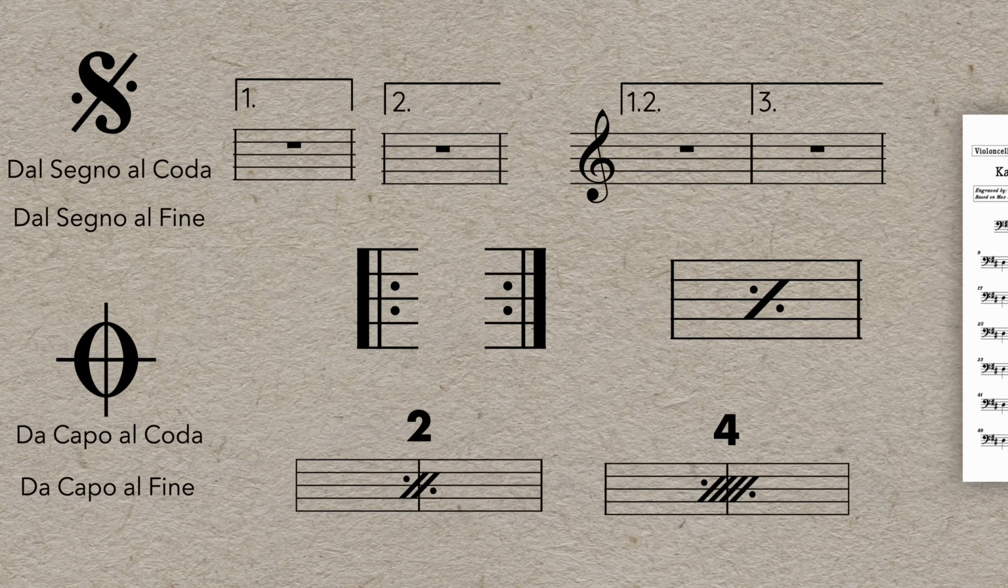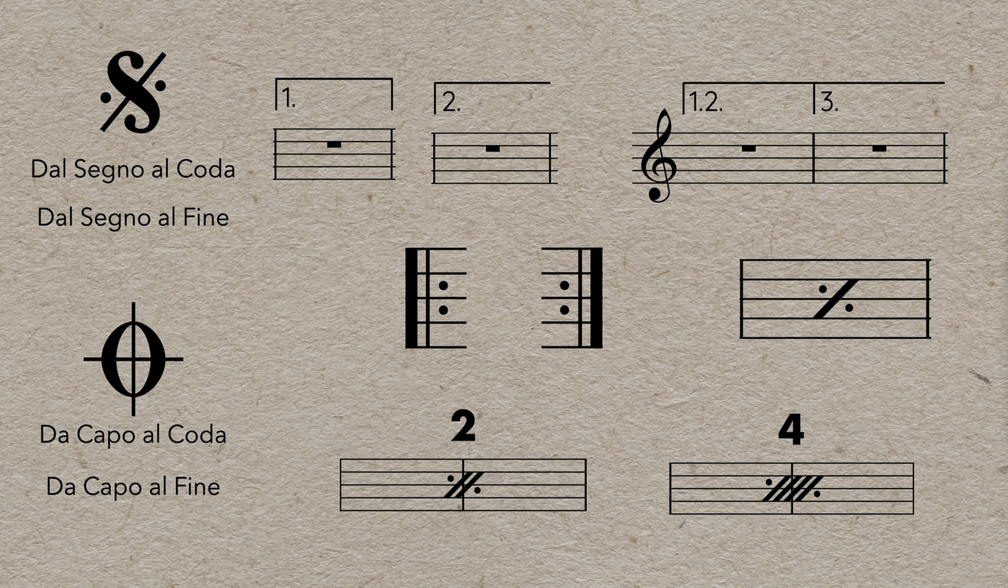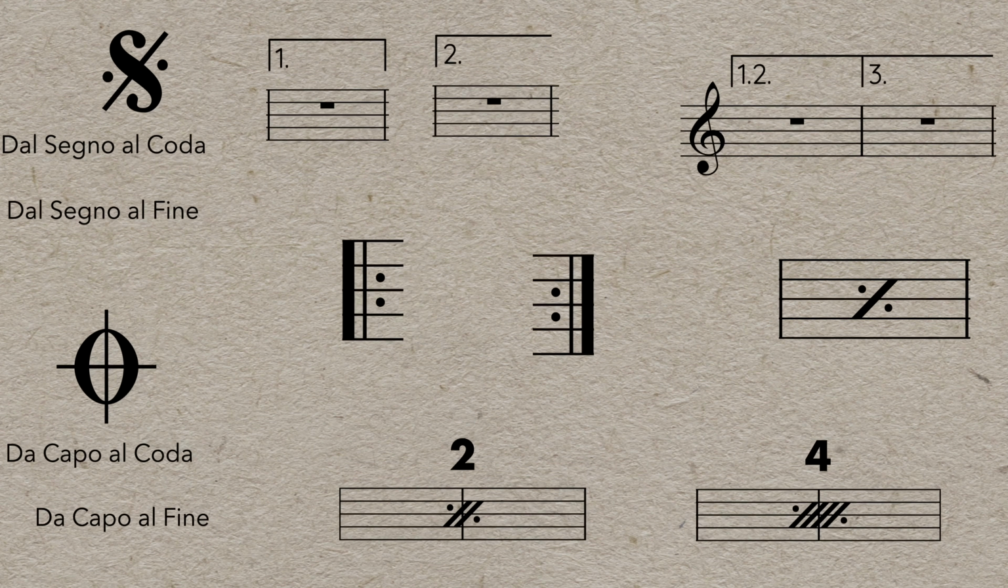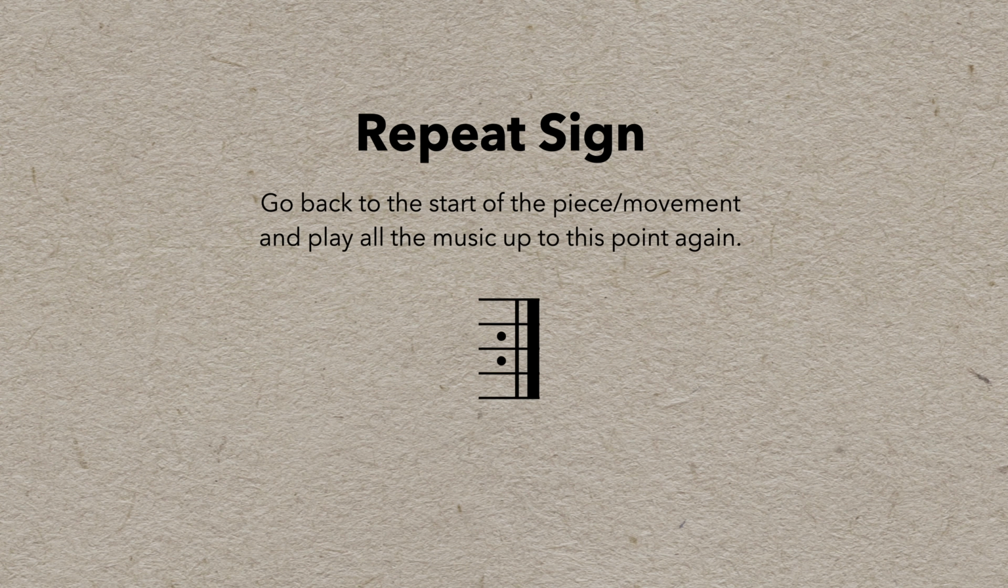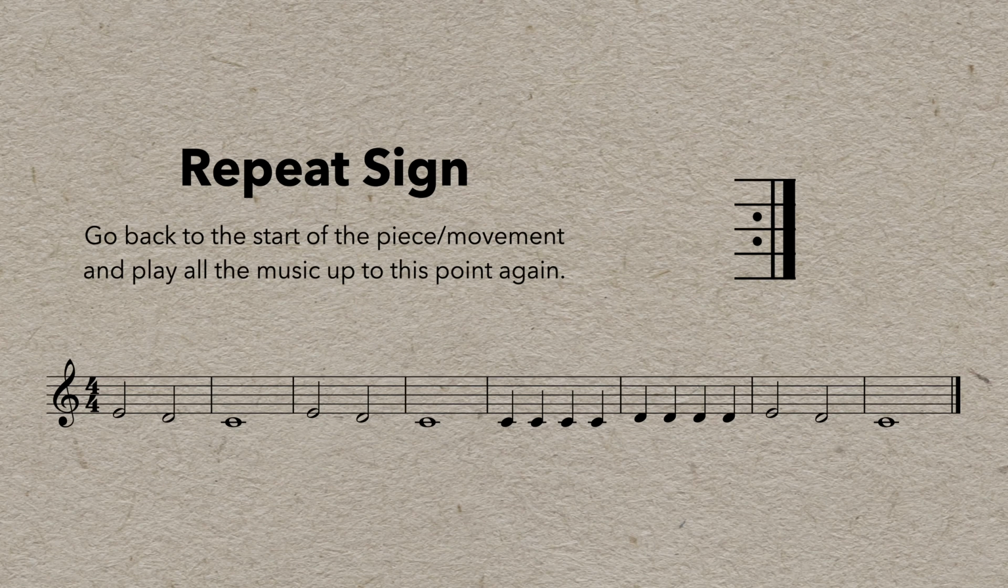There's a lot of symbols at first glance, but they're all pretty simple and logical, so let's jump in with the humble repeat sign. This simply means to go back to the start of the piece or movement and play all the music up to this point again, which might be useful in this piece. Since these two bars are just repeated, we can delete one repetition and add the repeat sign, and we get